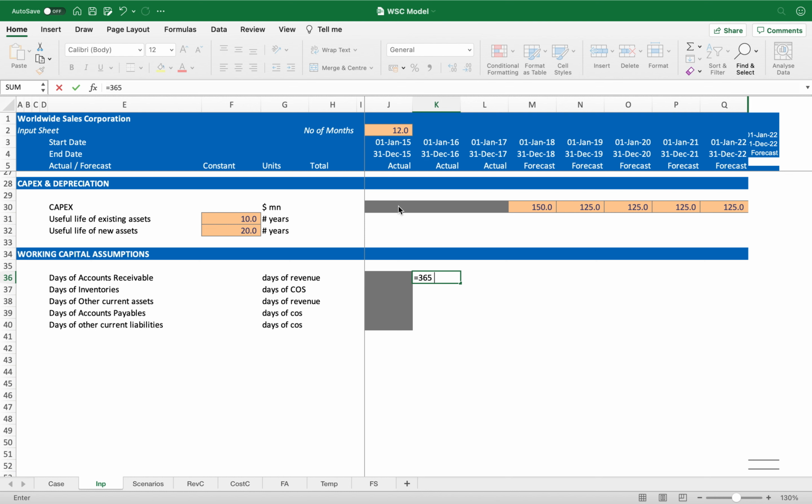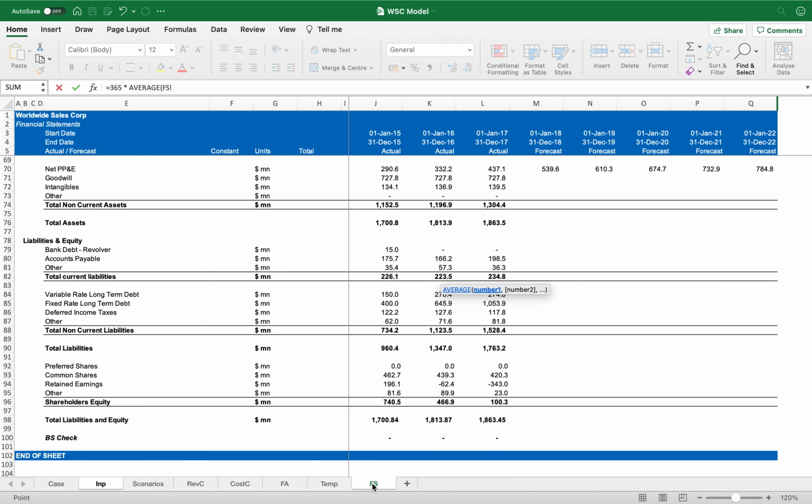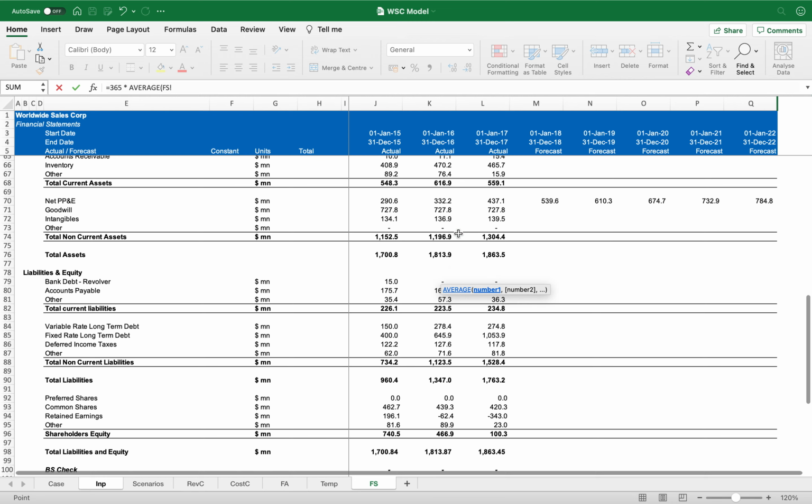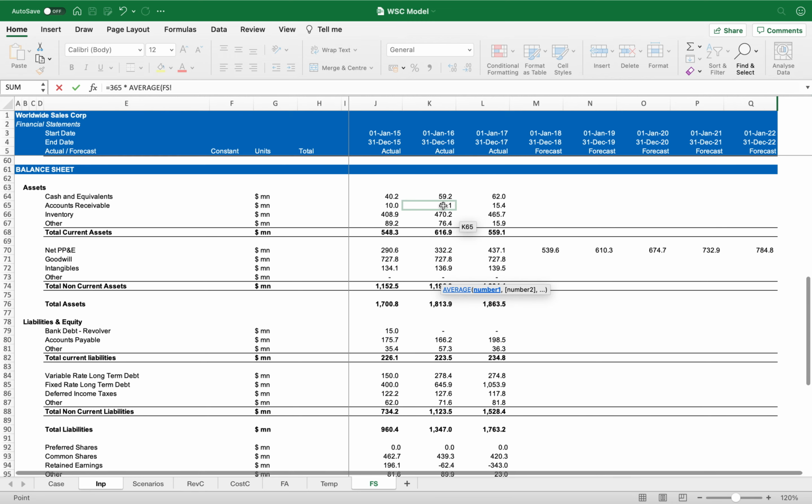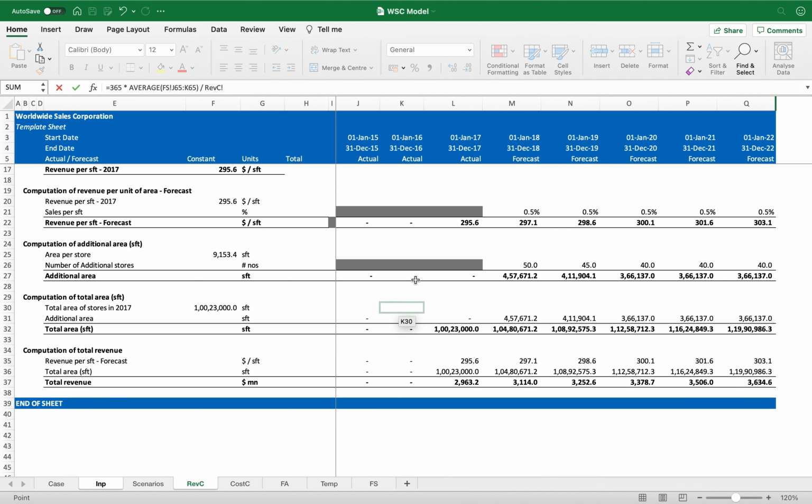365 multiplied by average, and average of what? Average of accounts receivable. So opening and closing, average of accounts receivable, I will be selecting 15 balance and 16 balance, close the bracket here, divided by revenue,